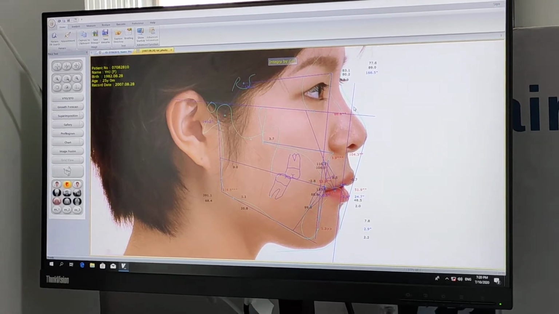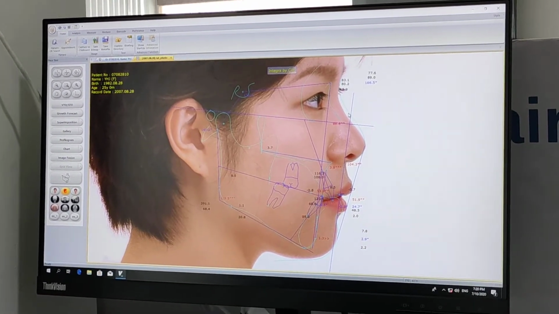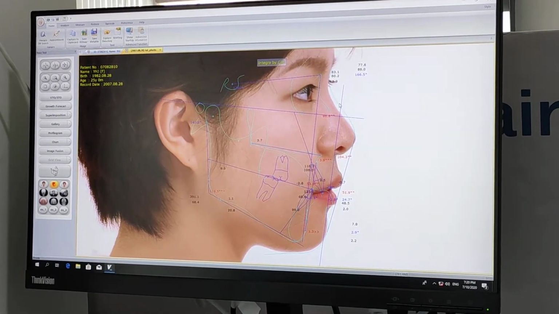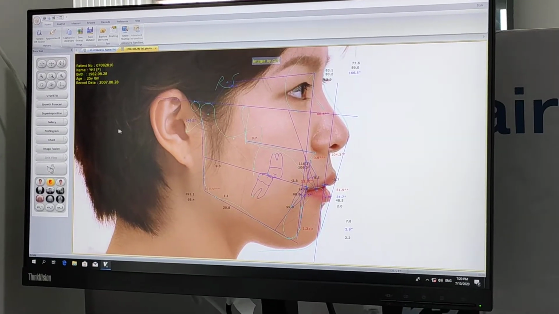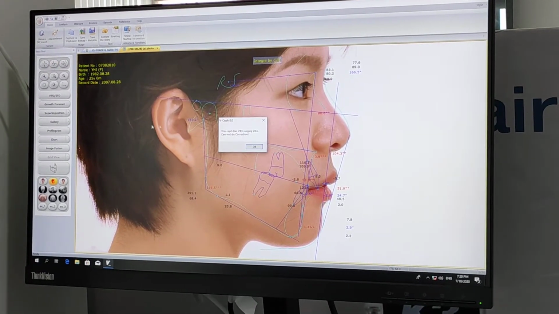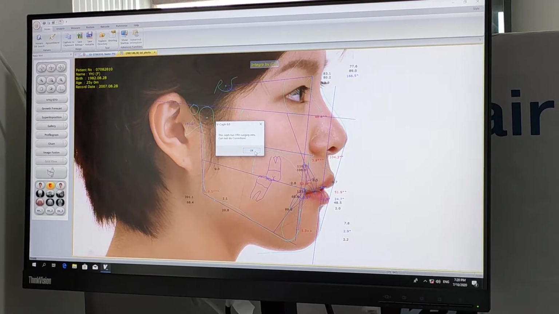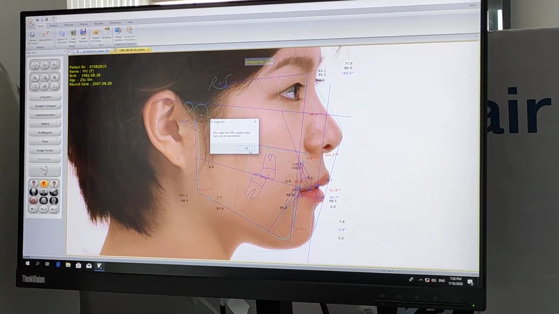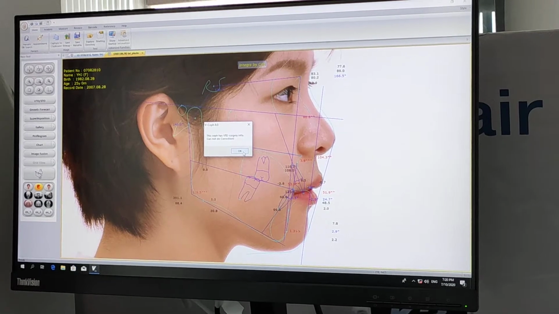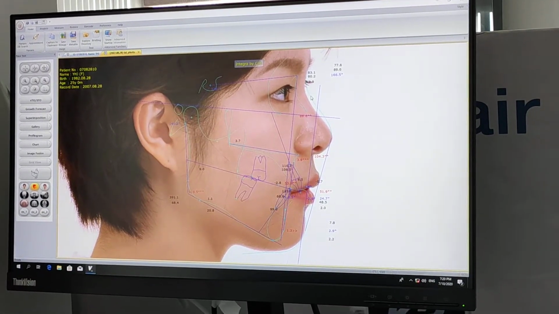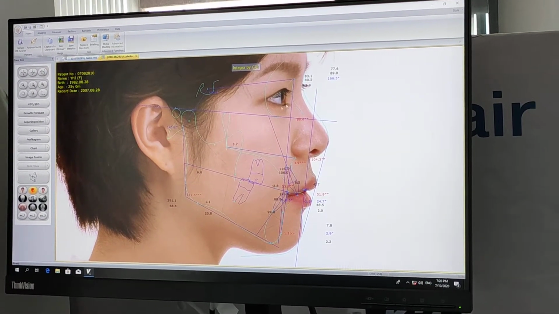Now if you look here, there is a different gap in between. The nose curve is exactly not followed. So what you can do is just click on this and, if required, do the corrections over here.